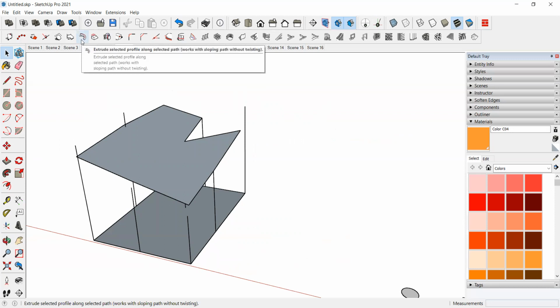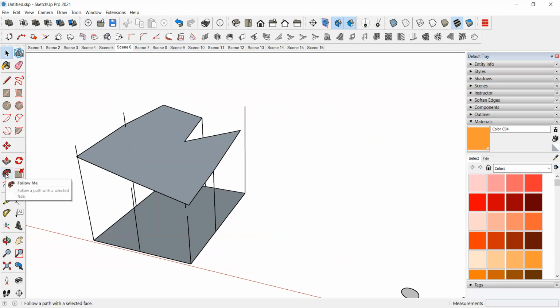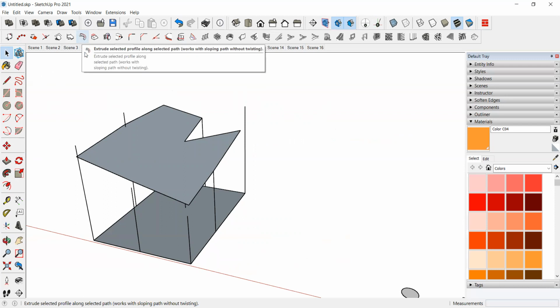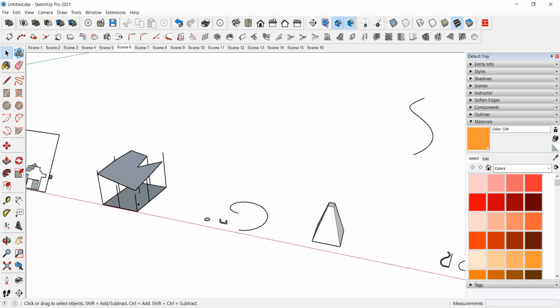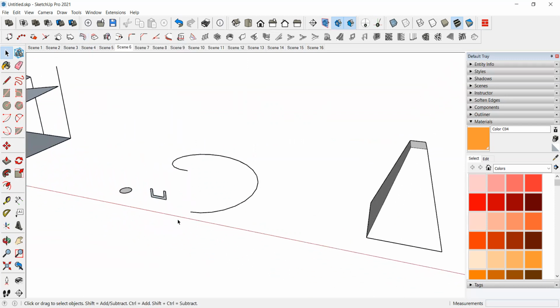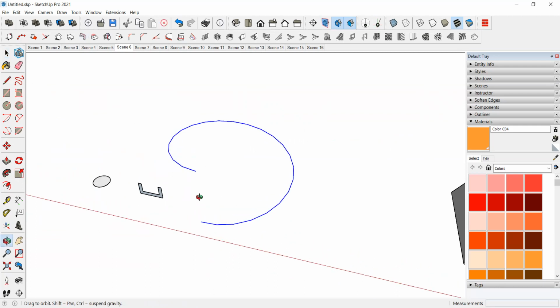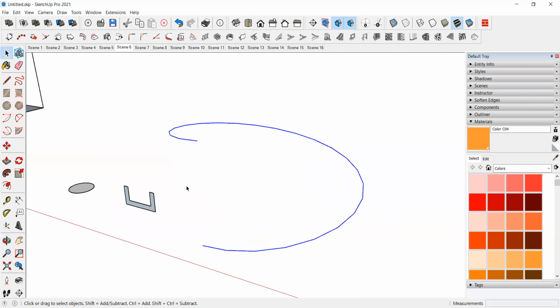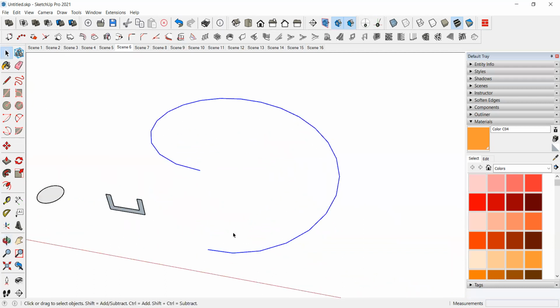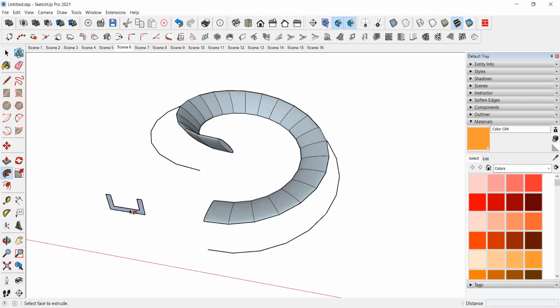extrude tool. Okay, this also works the same as the follow me tool, but this will be more advanced. For example, we have a spring type wire here. With the same follow me tool, we'll select this and select the face.